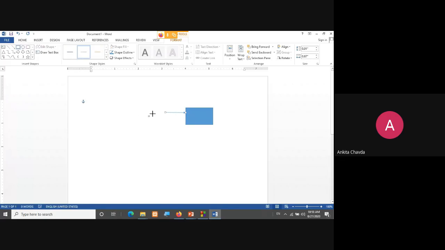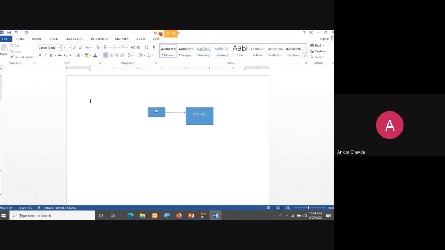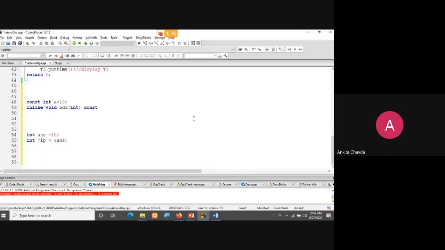This is my pointer, whose name is IP, and this is my variable ans, answer. So I'm storing answer equals 10 over here, right? So over there only my pointer IP is pointing. So if I access this value like star IP, I'll get ultimately 10. Yes or no? Because IP is also pointing there only, wherever my variable ANS is. This is the only meaning for this statement, right?